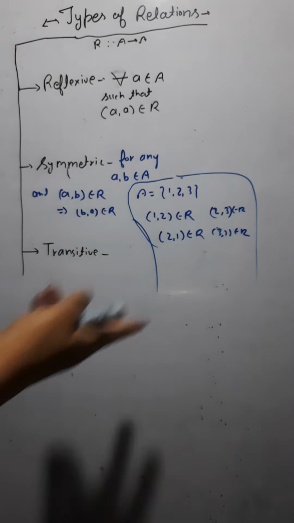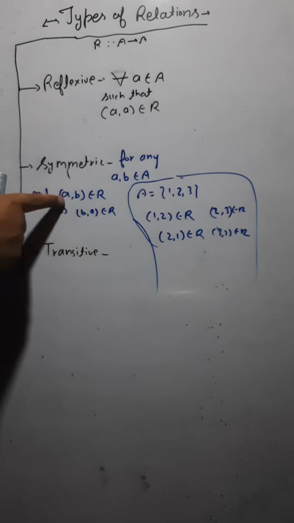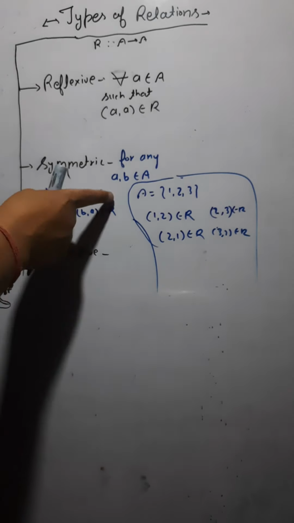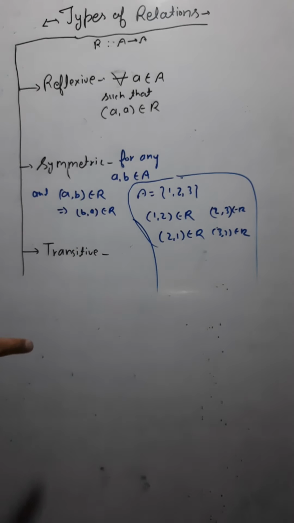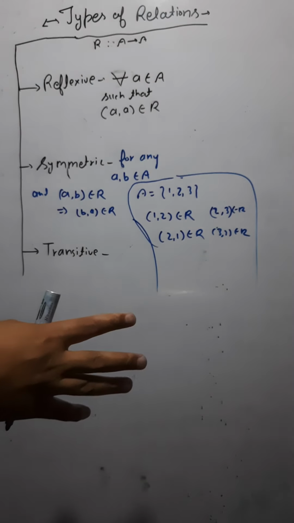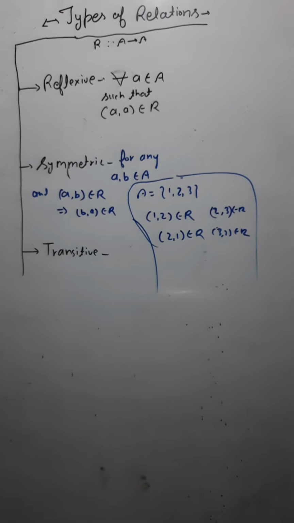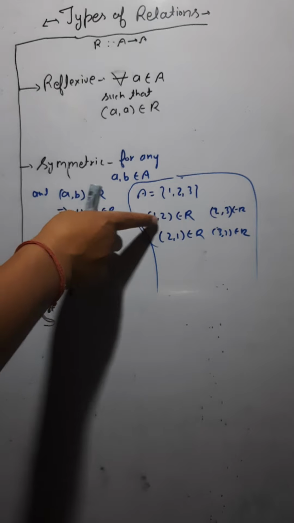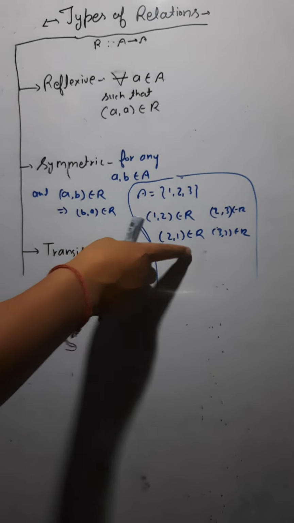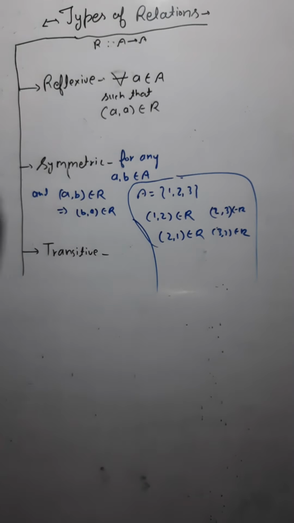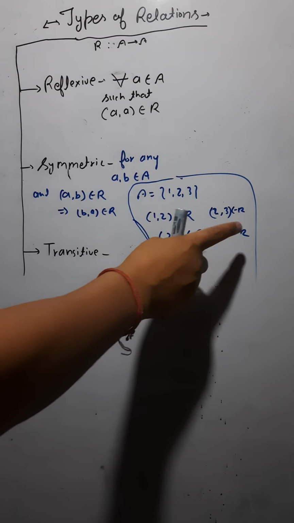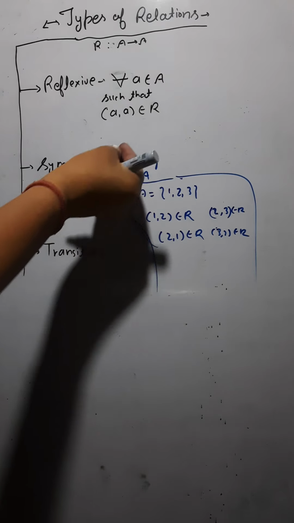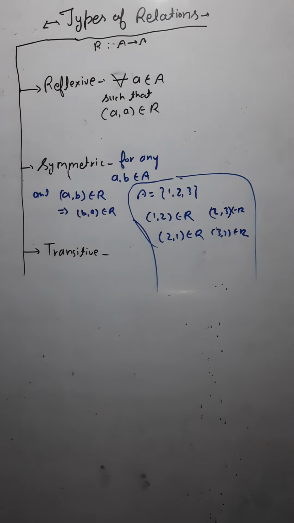You take any two elements. If they are in this form in R, so the reverse means if A comma B is there in R, so B comma A also should be there in R. Means you can take for any element. Okay, then only you would call such relation as the symmetric relation. So any element you can take. Like here we have the reverse of 1 comma 2 as 2 comma 1 in R. So both are there in R. Then you can call it a symmetric relation. Whether this 3 comma 2 is there or not, that doesn't matter here. Okay, so it is for any because it is for any. So any two elements you can take.